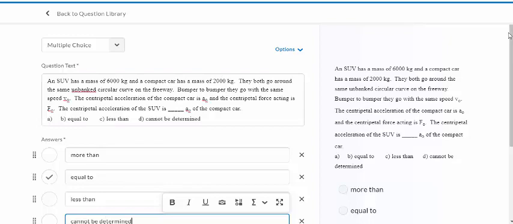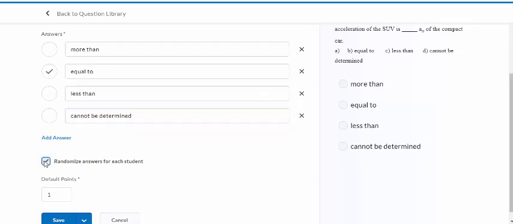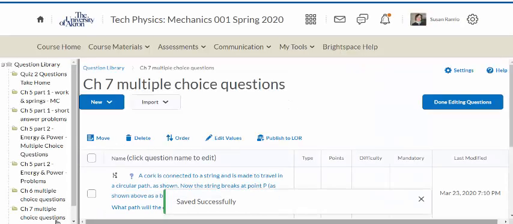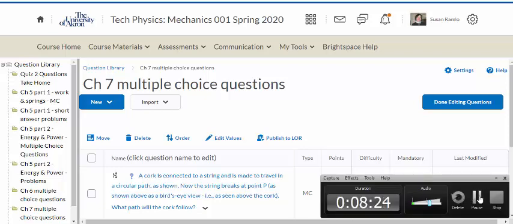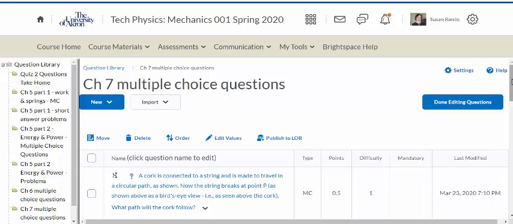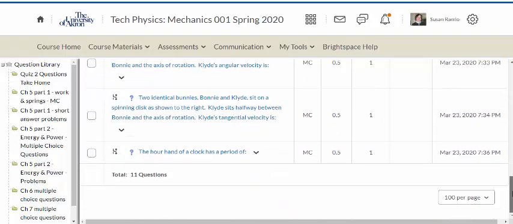Now this one I might randomize the answers to. Right? And this is also going to be 0.5 points. And you get the general idea. So I'm going to pause and I'll add a bunch more questions and then I'll come back and show you some other things. All right, I didn't bore you with copying pasting, but I now have 11 questions,